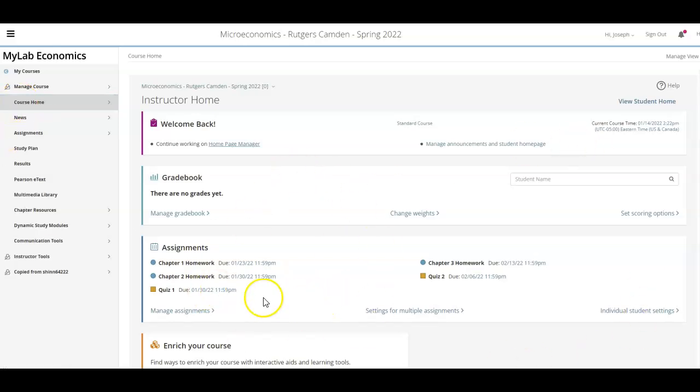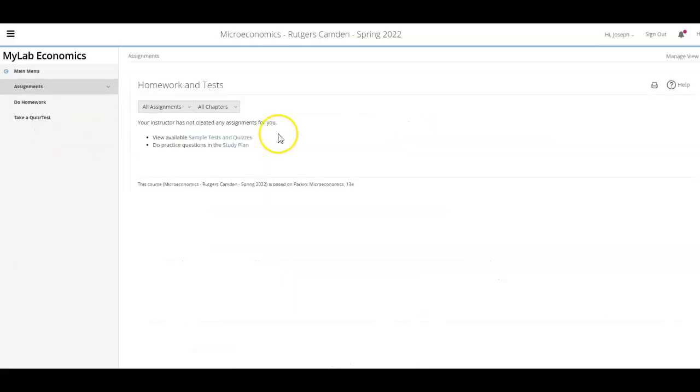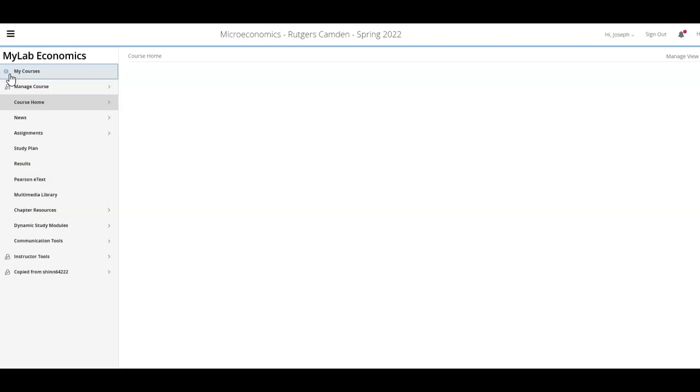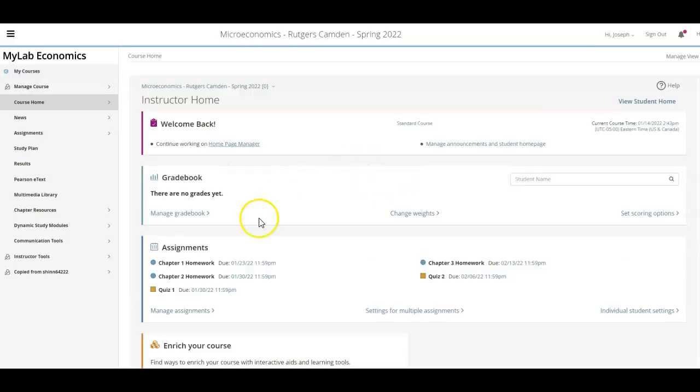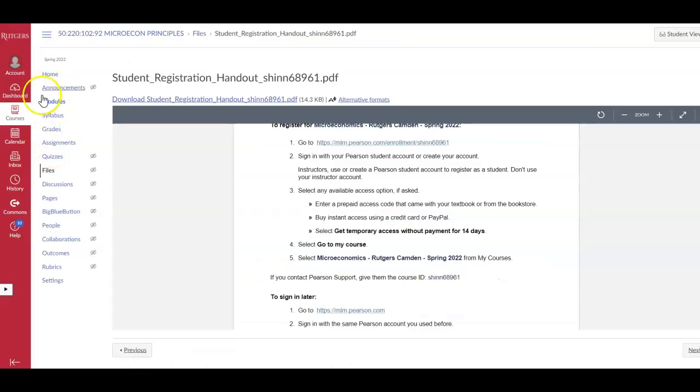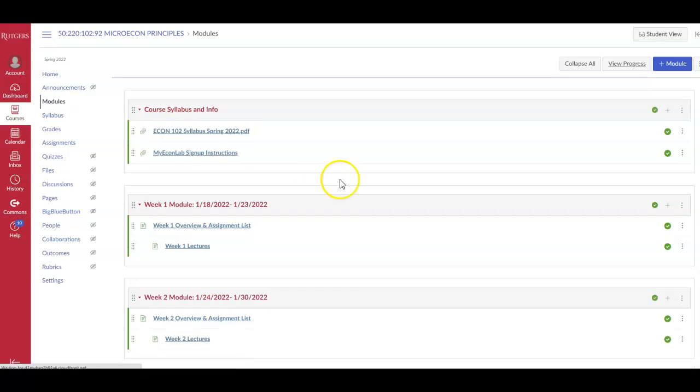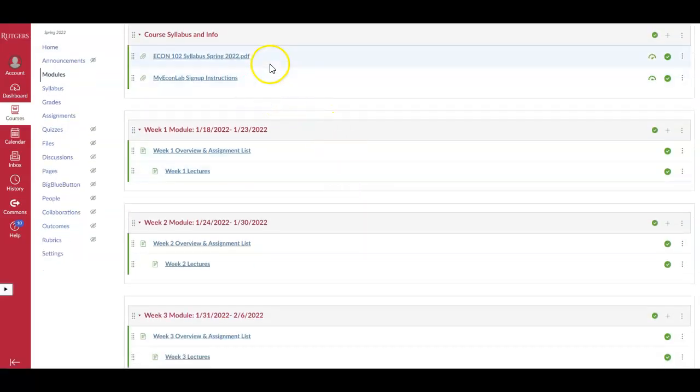Yours look a little bit different than mine. But as far as the assignments, if you click on the assignments, they will show up here. They haven't yet because they're not officially posted yet. They won't be until the semester starts. But if you go back in, you'll see when assignments are coming up. Now let's just take a look at the different weeks.